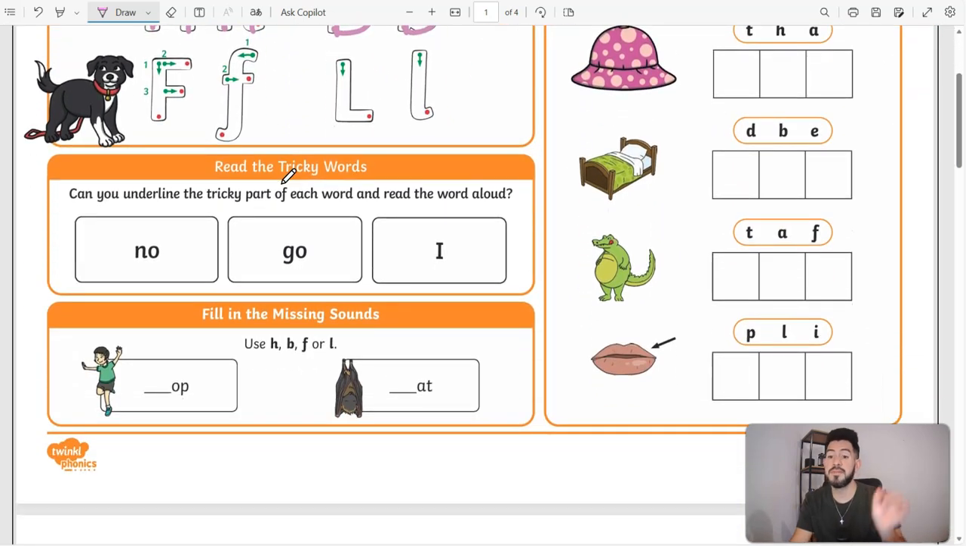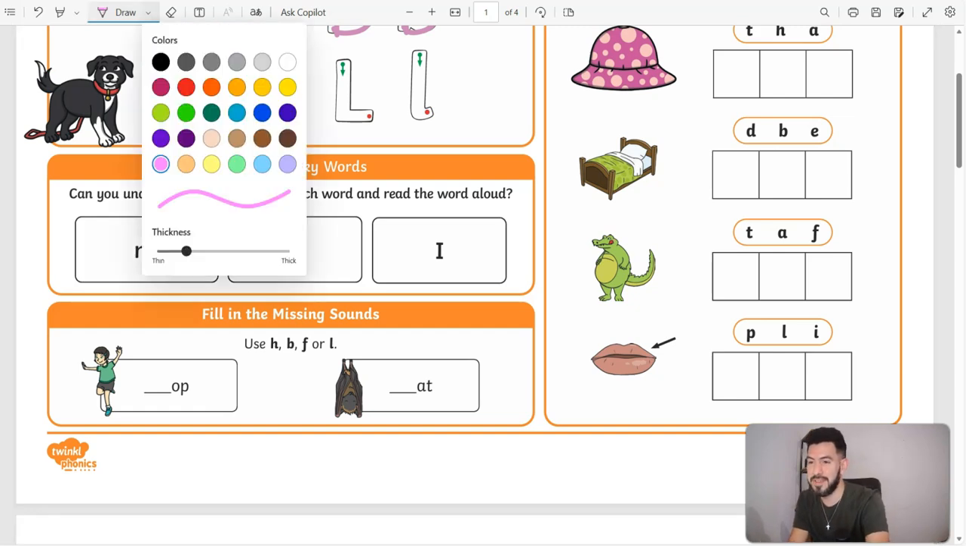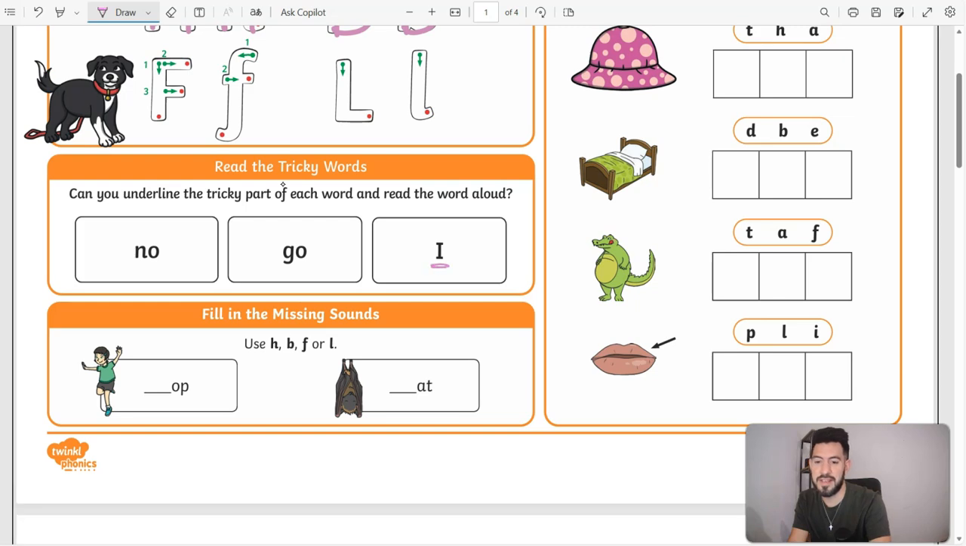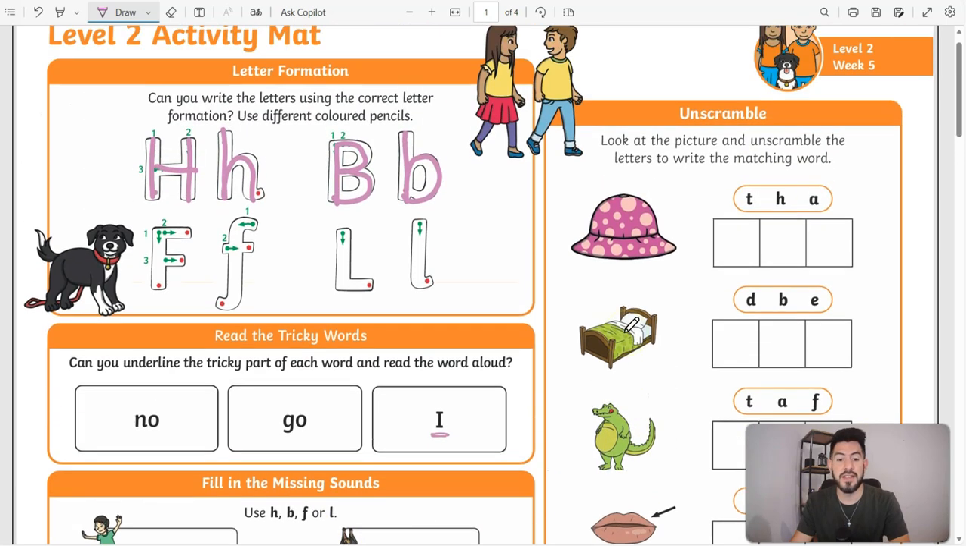Tricky words, underline the tricky part. This one is very simple, right? Because there's only one letter. So this one is I. That's all the tricky part we need to say. Then you have a girl hopping, hop, a bat. This animal is a bat. And then again,